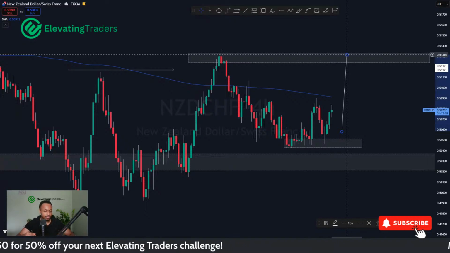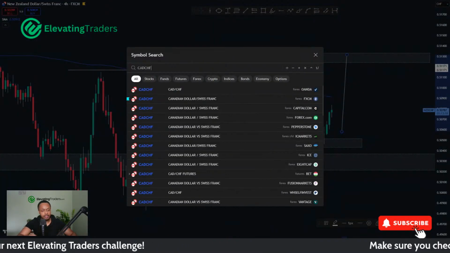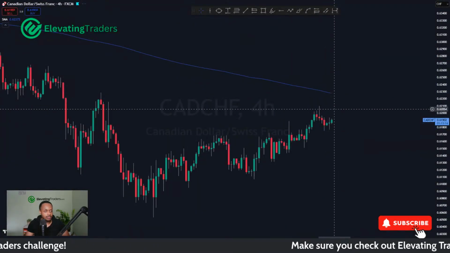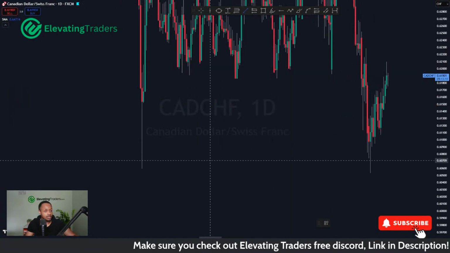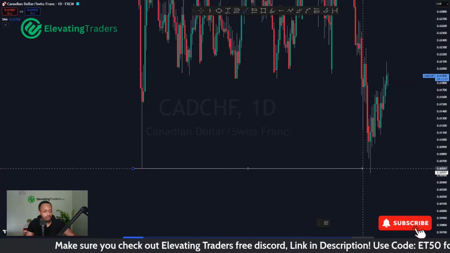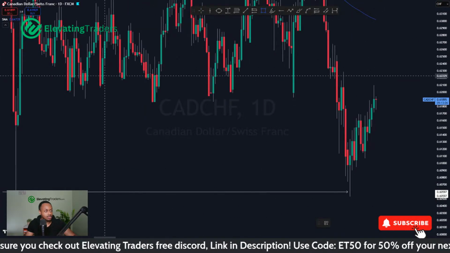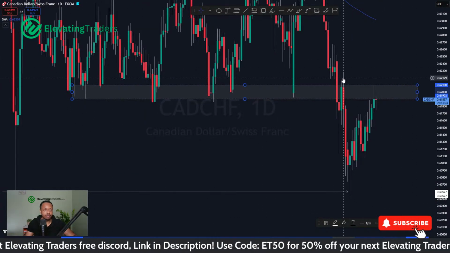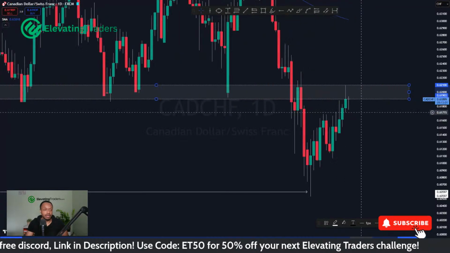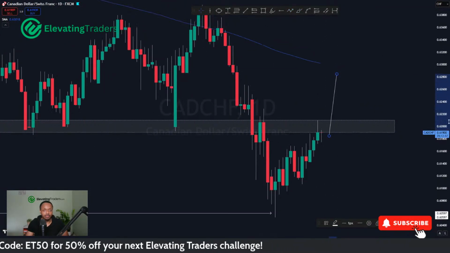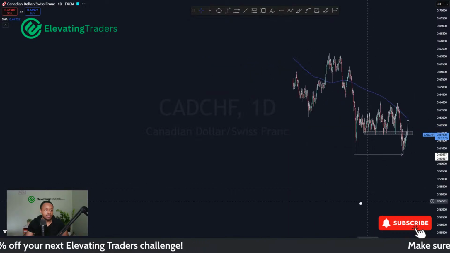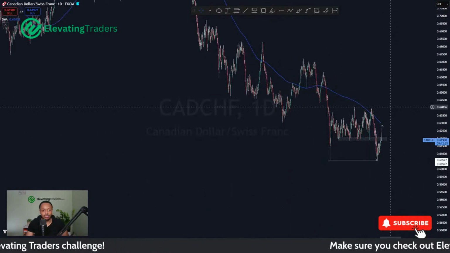CAD CHF, I feel like we can definitely see some strength for that pair. We saw a really big move to the downside, sweeping the all-time lows recently. So naturally, I do feel like we'll see some upside. At the moment, we're kind of stuck at some resistance, so you might maneuver back and forth from there. But I do expect us to actually break through this. Reason being, we're coming from all-time lows, and there should be a pretty nice relief after that.